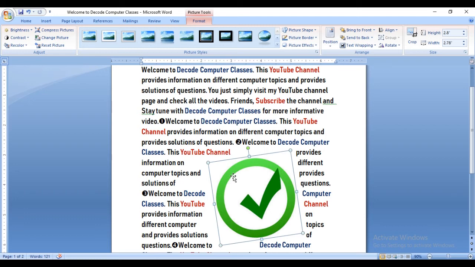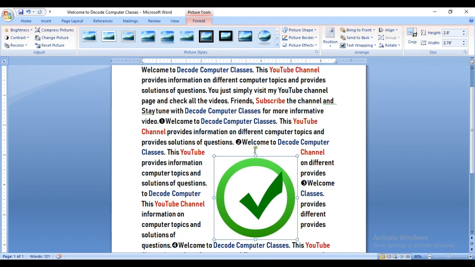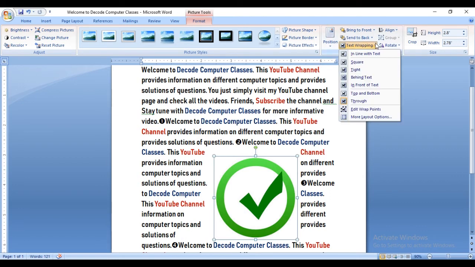You can very easily notice that this kind of setting is used in book pages, like in anything such as photosynthesis, how it is happening, or a computer picture or any other picture, any scientist or inventor picture. So they use it this way. The text is available and the picture as well. So this feature is very helpful, as you can see. So this is the text wrapping feature in a Word document.